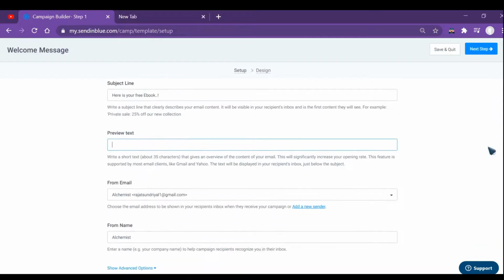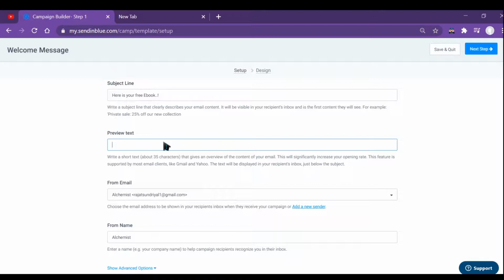Now the preview text is really important for increasing click-through rate, because when you send someone your email, they only see the preview text of your email, and on that basis they open your email. So the preview text has to be on point.